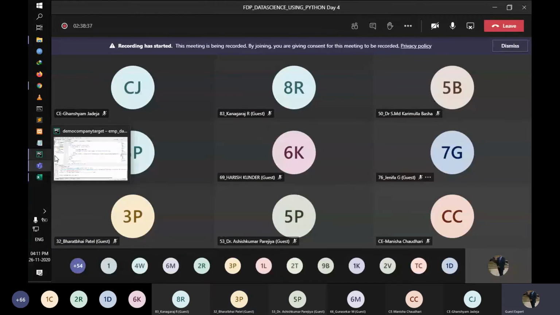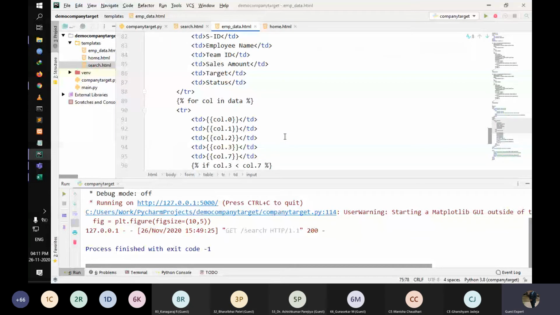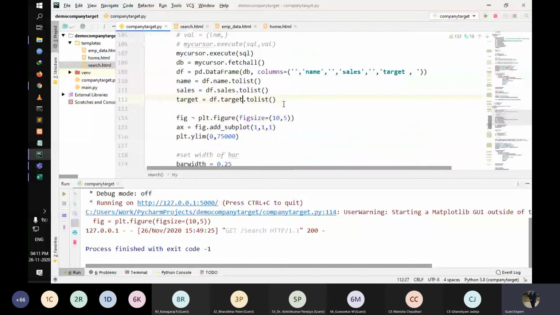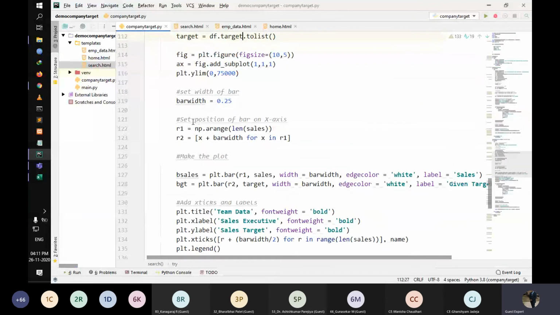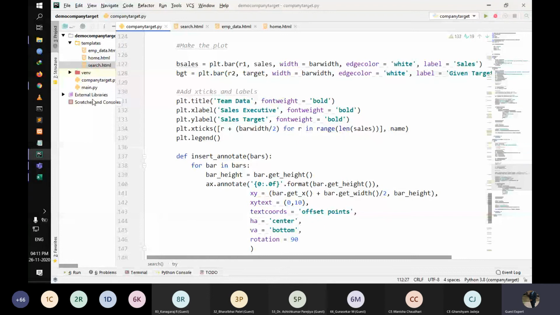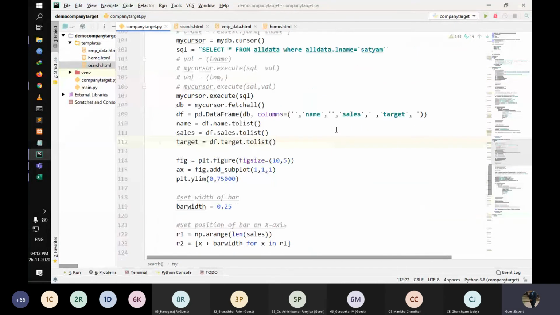So right now, sir, we give you one task. Please make an HTML page, and we connect our Py file with the database with this source code. We're just sharing it in the source code. So we already shared the company detail, but we require that you do this task on the CAGR and represent the data over here.